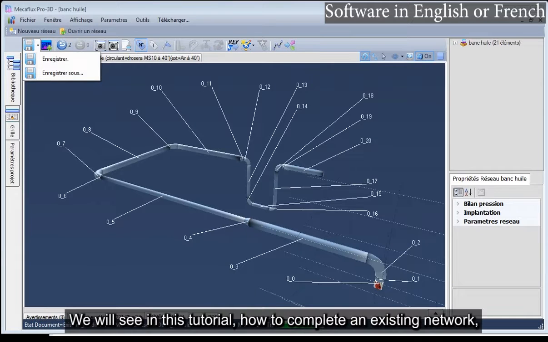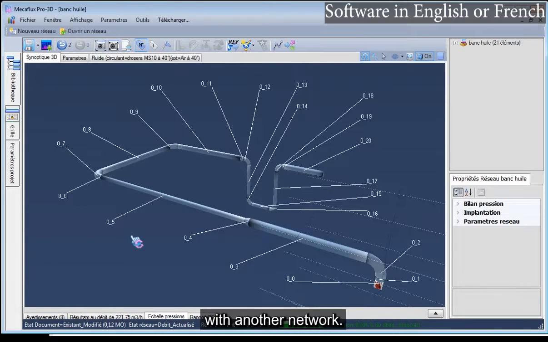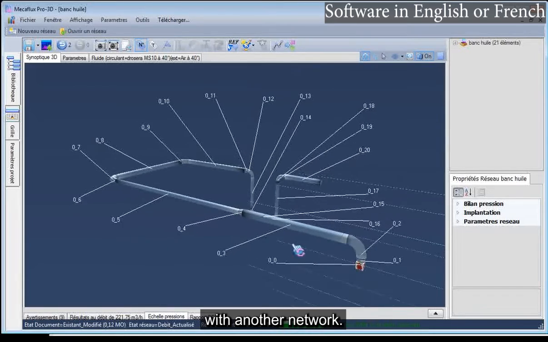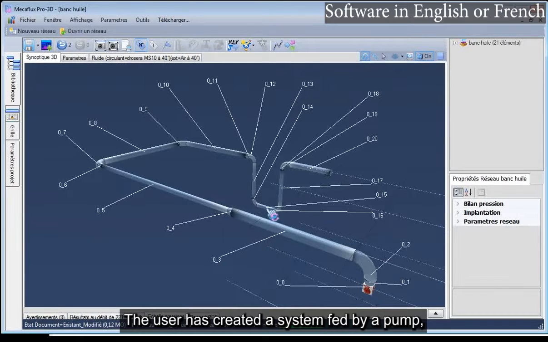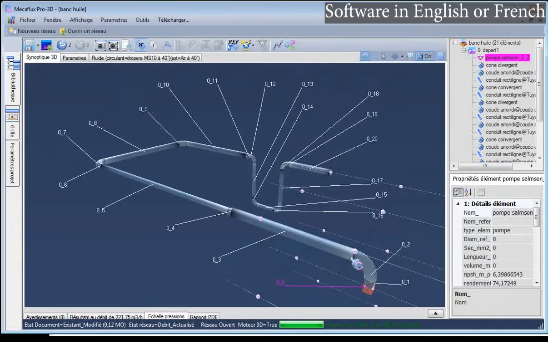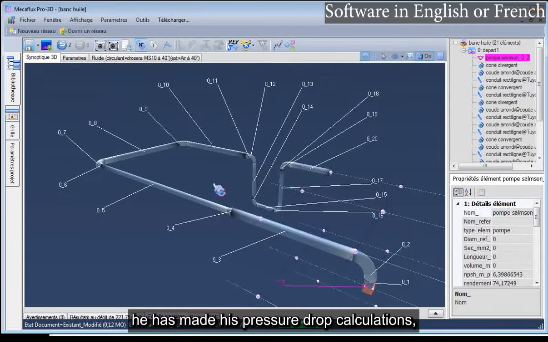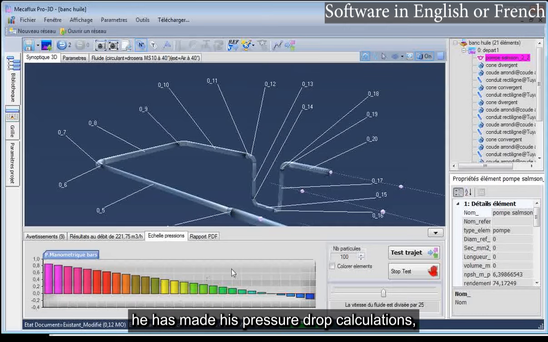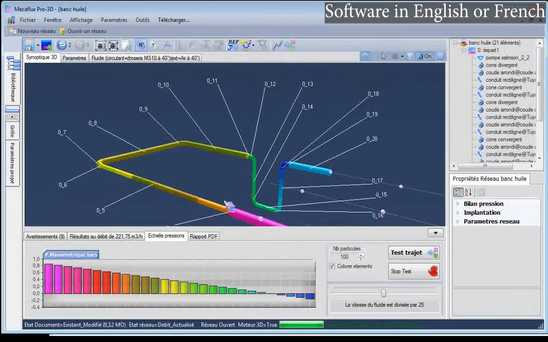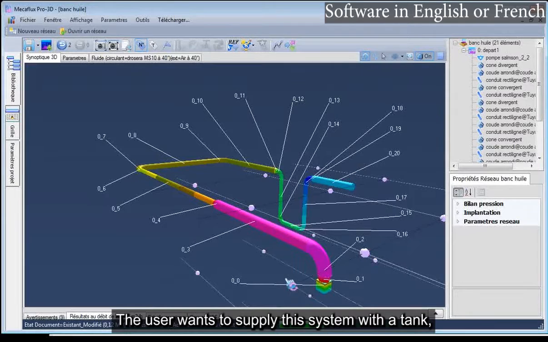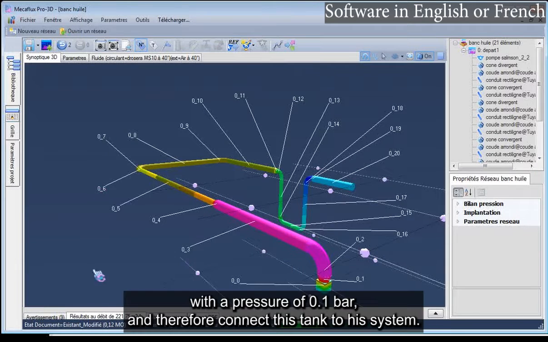We will see in this tutorial how to complete an existing network with another network. The user has created a system fed by a pump. He has made his pressure drop calculations. He has his pressure scales, and his flow according to his pump. The user wants to supply this system with a tank with a pressure of 0.1 bar, and therefore connect this